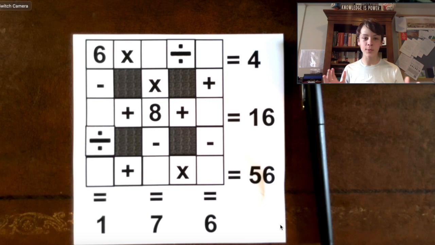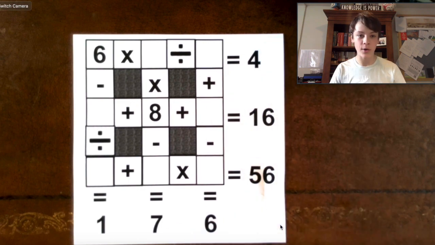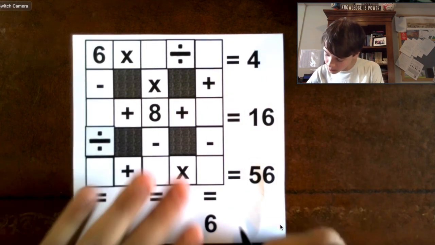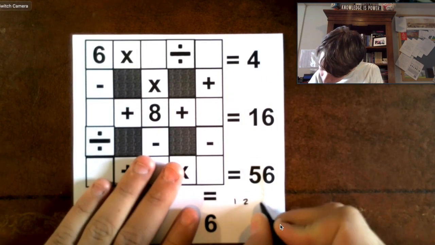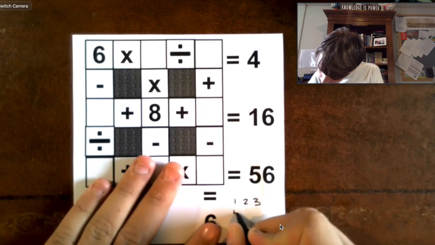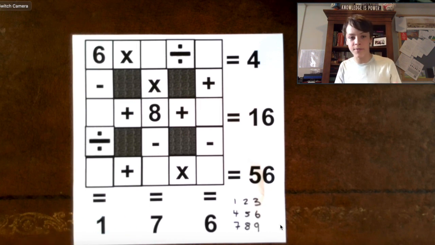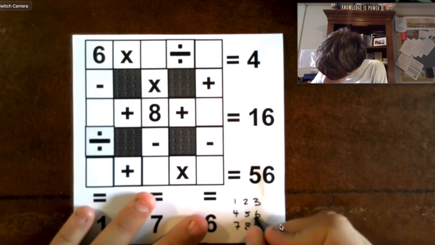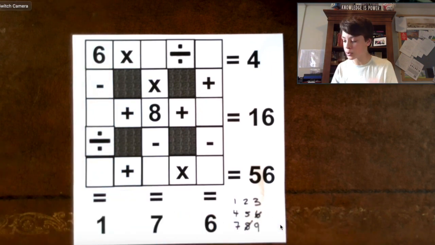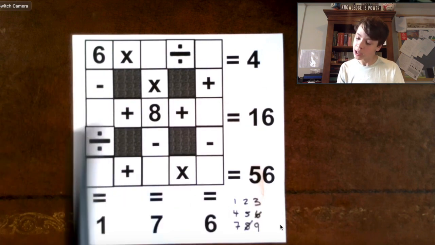Great, so here we are with the set square ready to go, and let's get right into it. What I'm going to do at the bottom is write the numbers 1 to 9. That's the first step for me. And then we can cross out the 6 and the 8, because we know those have already been used. So let's think about possible ways we could get from 6 to 4 using these